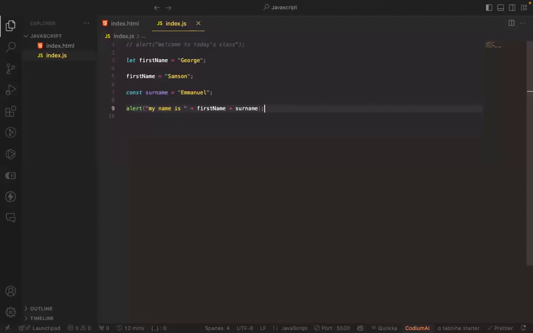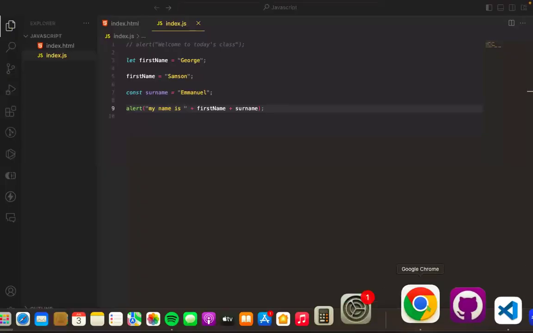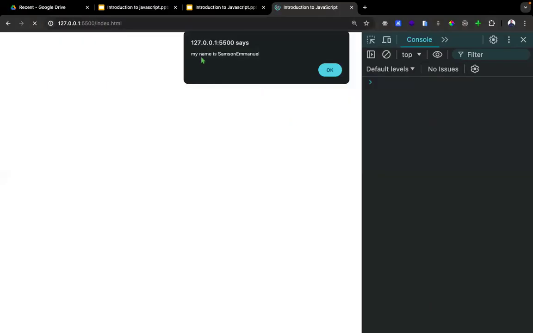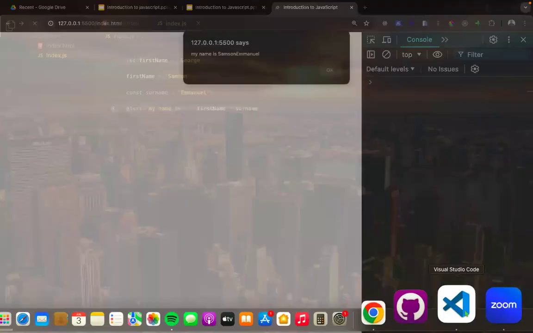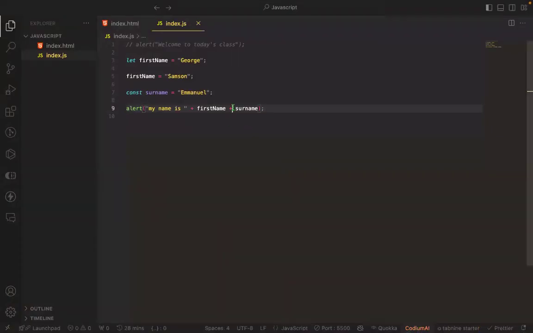So now let's check this out. You can see now that it's telling you my name is Emmanuel Samuel. And that is how you actually console.log elements in JavaScript. And let's put this back. So you can see for me to be able to add a space,